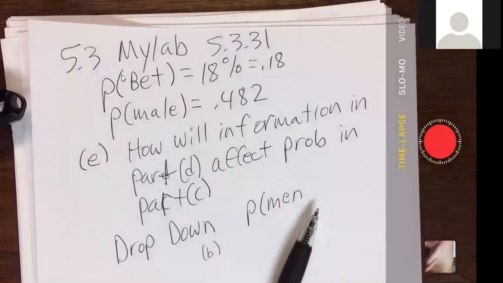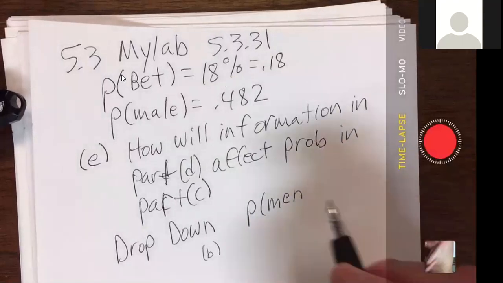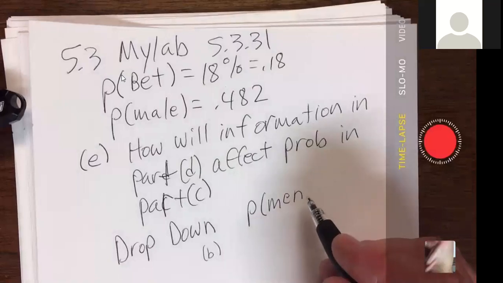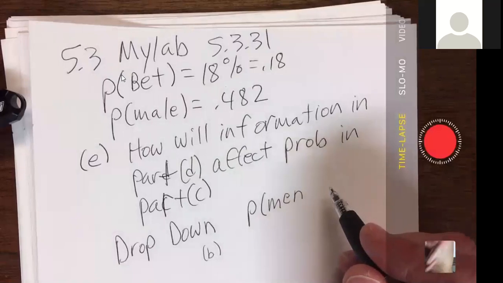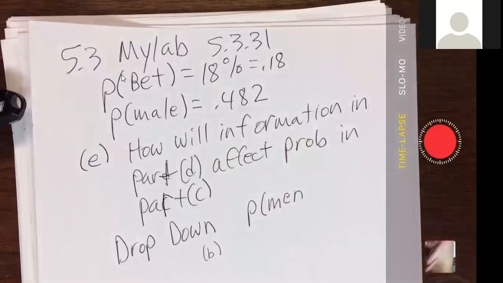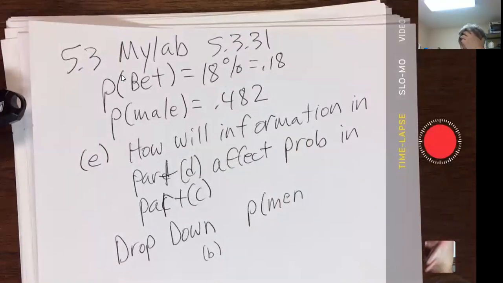Part D says the poll data indicate that 11.2% of adults in this country are male and bet on professional sport. What does this indicate about the assumption in part B? Okay, basically, what I can tell about our answers here is it's not independent. Do they give you a choice of not independent?